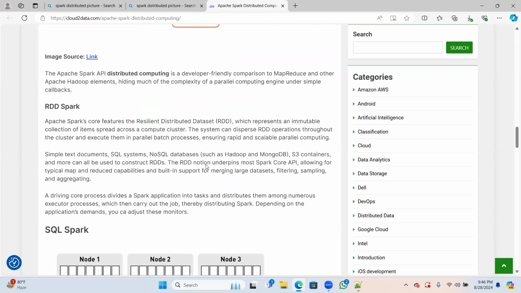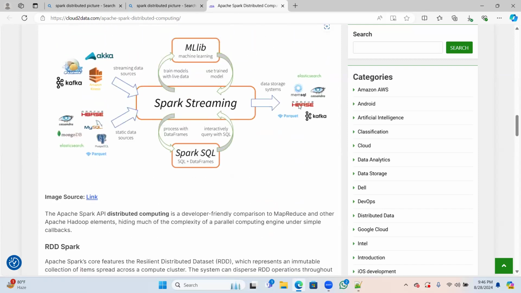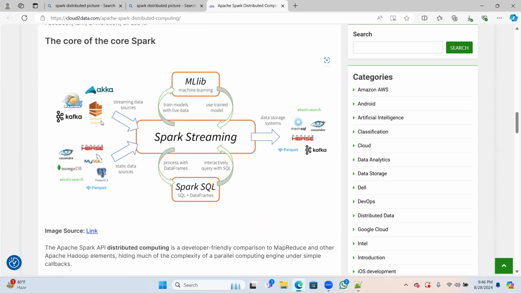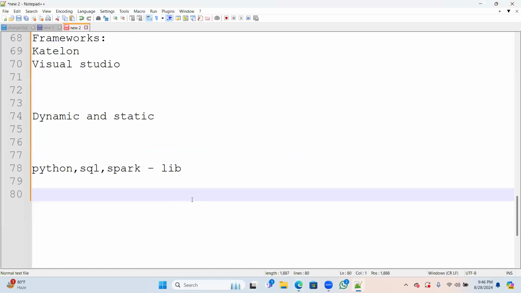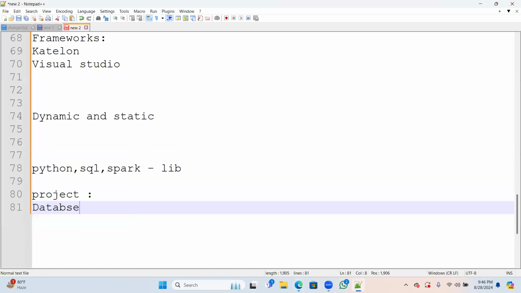And in the output, what will it do? Generally, in real projects, you have one database which can be used for the same, like input and output as well.